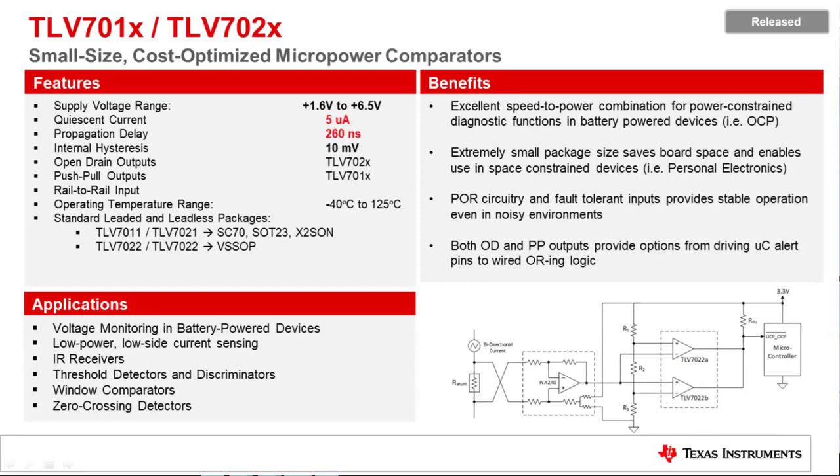Because it's built on our latest process technologies, it doesn't mean that just because we're getting this down to the nanopower range, there's an incredible price premium here. These are still very competitive pricing in the market. For 5-volt rail applications or even 3.3-volt rail applications, I would completely recommend considering these new devices because you really get the best of both worlds in terms of the size and the speed to power ratio.